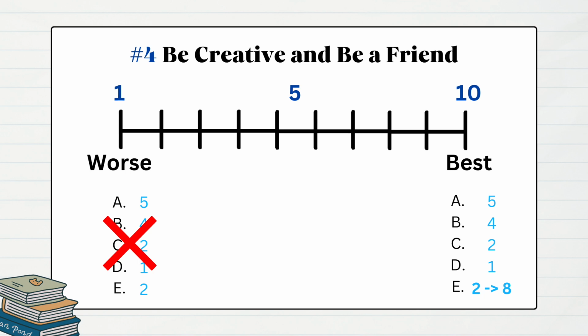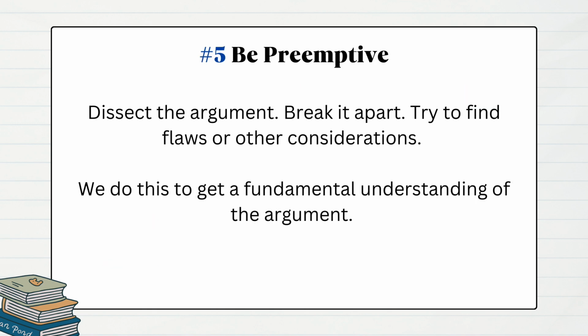And then you want to be creative, because it might not strengthen or weaken directly, but it could do so in an indirect or roundabout way. You might have to think outside the box a little bit. And if you do that, you might surprise yourself. An answer choice might seem bad at first, but after you go through this process, you think, oh, actually, that is in fact the correct answer. So the strategy is very helpful once you get to the harder questions, like in the late teens, like 18, 19, or the 20s. And with that, we can look at the next tip.